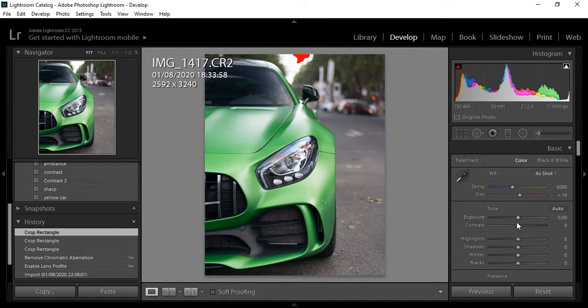So I'm gonna start by decreasing the highlights, because we can see here the sky is a bit burned. So I will decrease it, maybe 63. I will also increase the shadows, because maybe we can make the grille a bit brighter, and also maybe the windshield. So let's put it